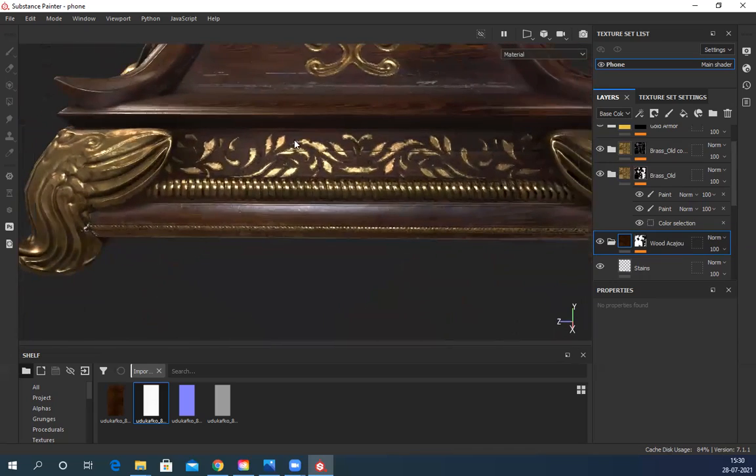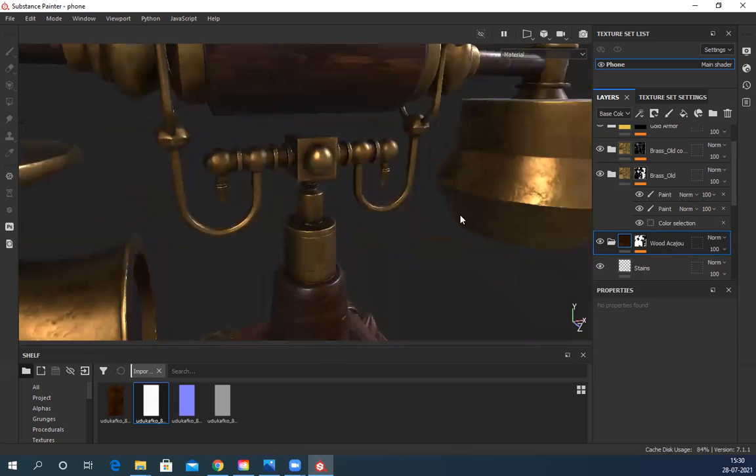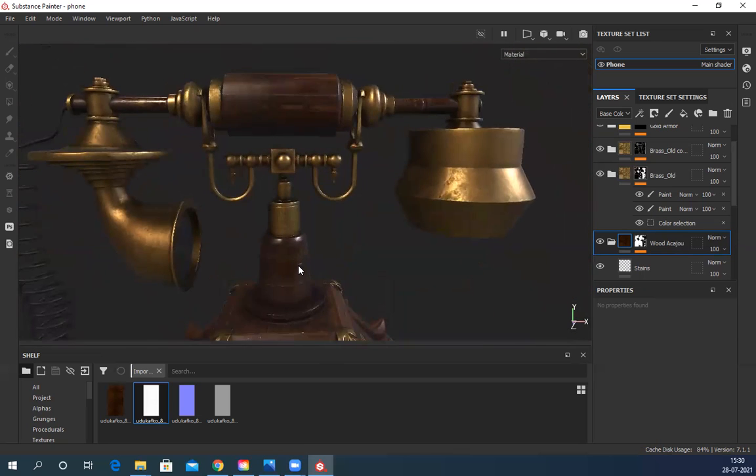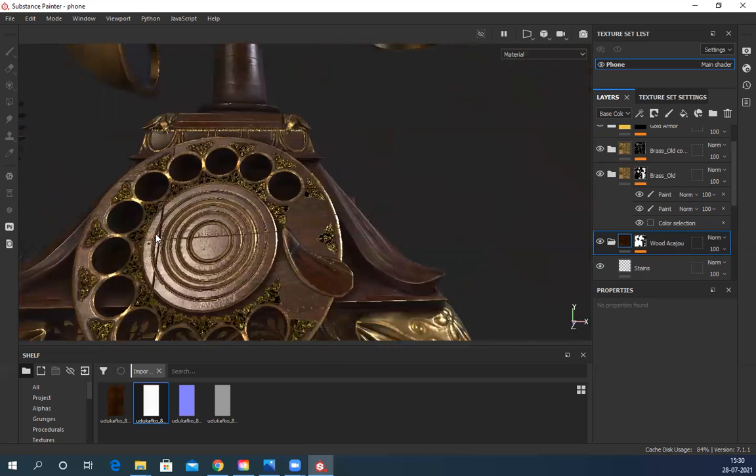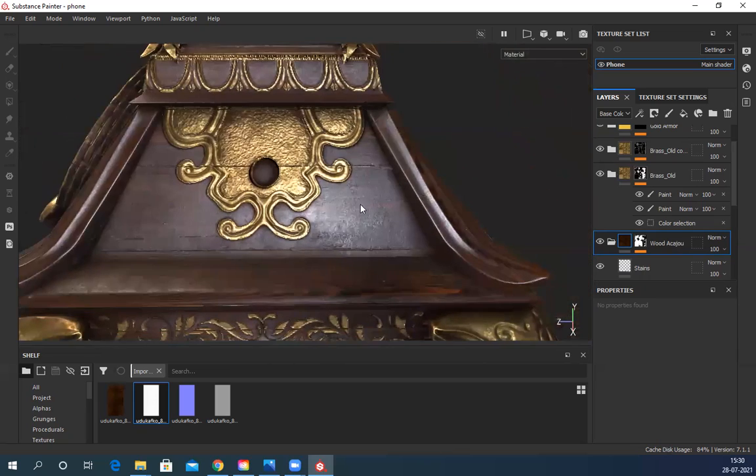I mean the center pyramid shape, these walls. So this is basically a wooden surface. On top of it, there is a gold plating something, right? Yes.